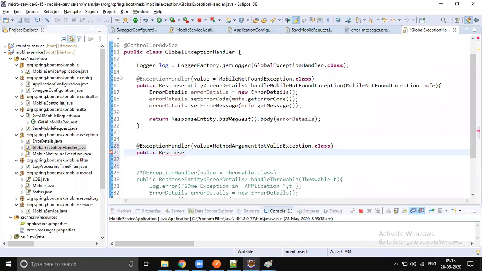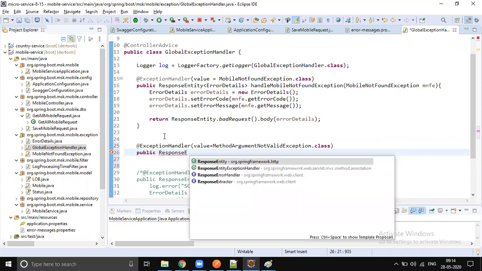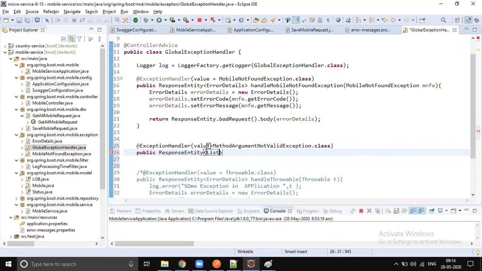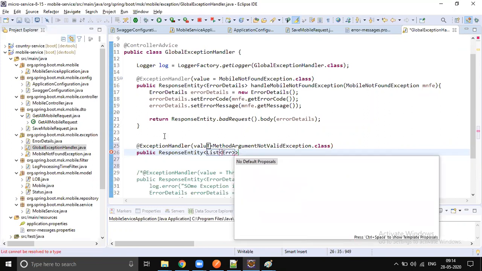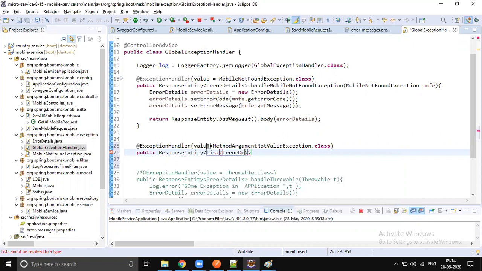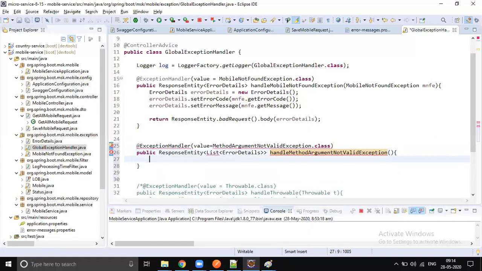I think we didn't make the changes to return a response here, but for now, let's return a ResponseEntity of a list of error details. Why is it a list? Because more than one validation can fail. So let's name the method handleMethodArgumentNotValidException.